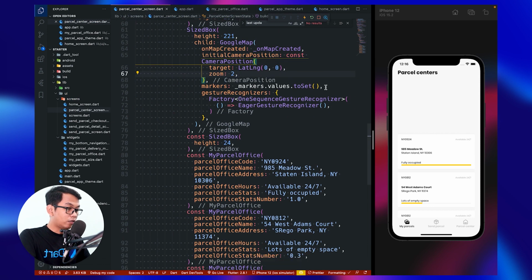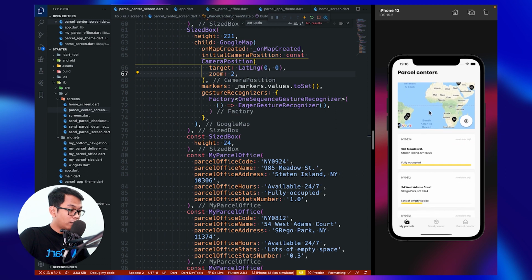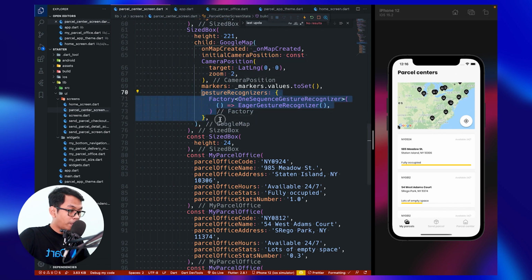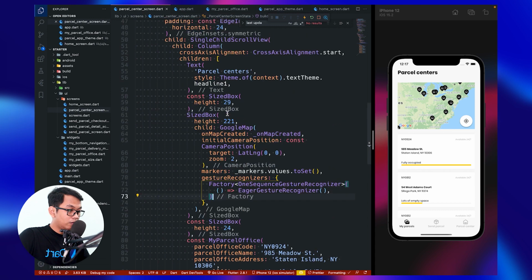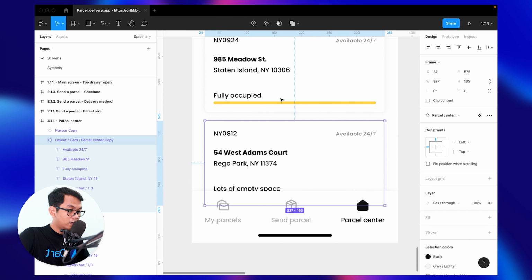And let's try to restart our app. And we see our marker. We can scroll up, scroll down. And let's scroll on our map. So it's working. Let's zoom in. All right, it's working. So we just need to call this gesture recognizer using this value.